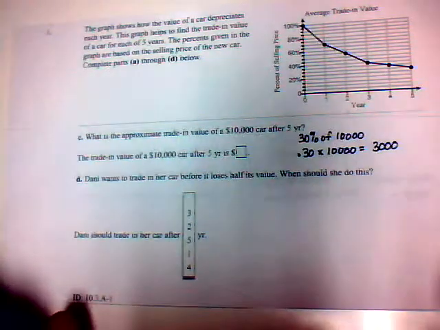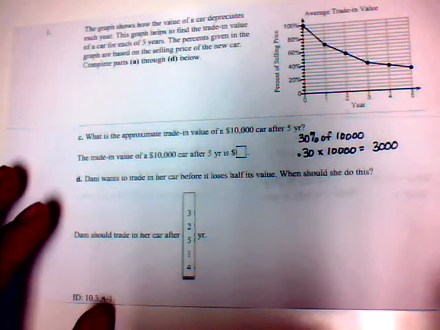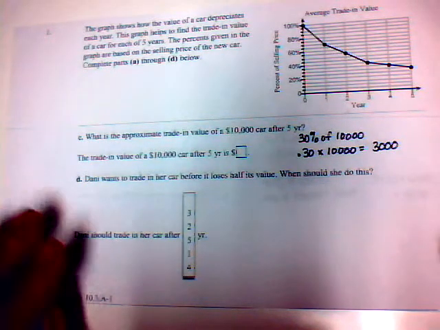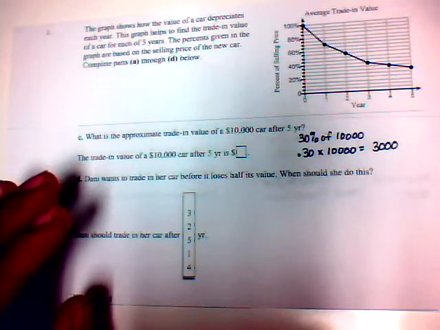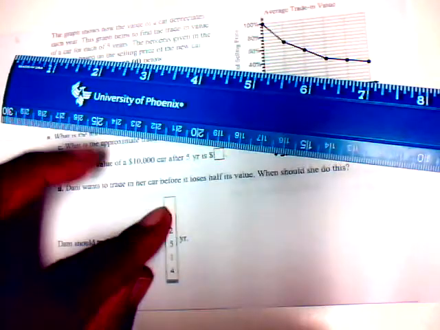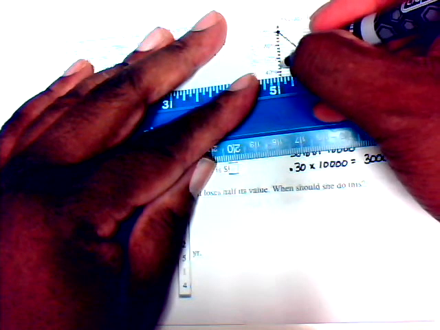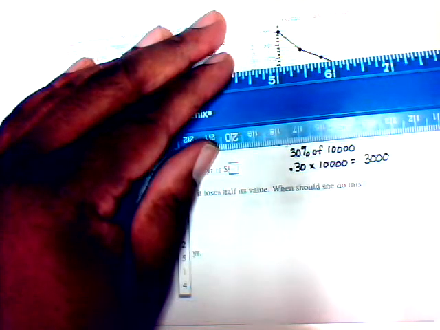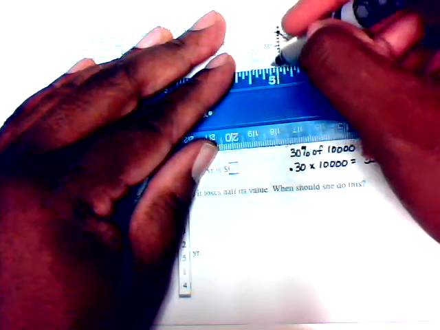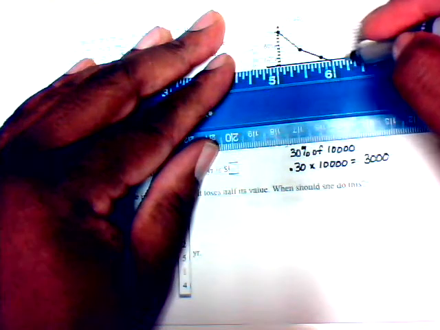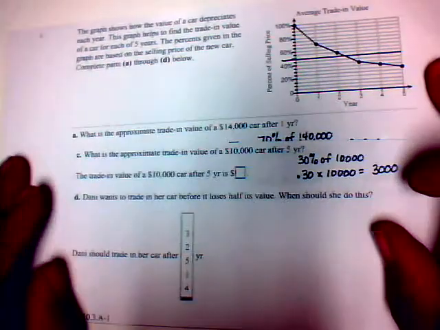Okay, and then part D is this. Danny wants to trade in her car before it loses half of its value. When should she do this? Okay, so now, she wants to sell the car before it loses 50% of that value. So 50%, if you look at the graph, is halfway between 40 and 60. That's about right here that I'm marking off. So here, if I draw a horizontal line at 50%, you can see here that